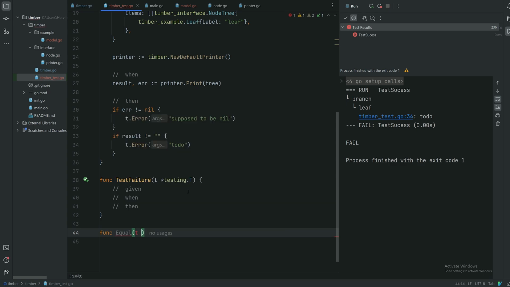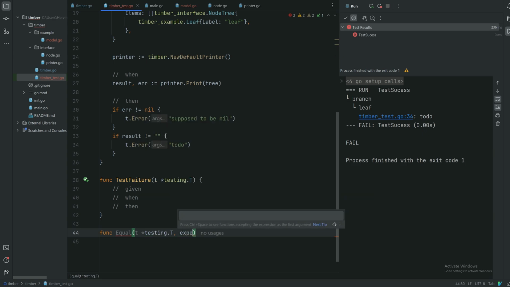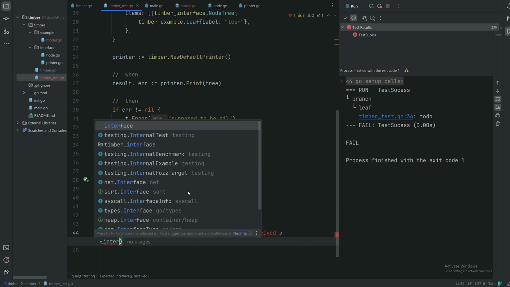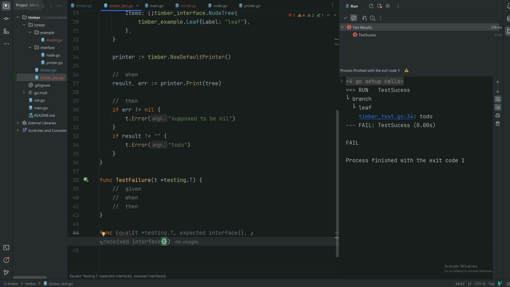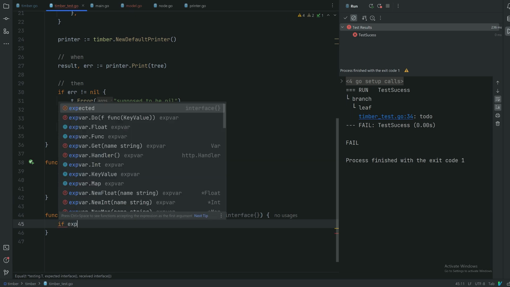Here it's a good idea, we will have a lot of those. If something is different from that, then the testing framework errors. So it's a good idea just to create a really quick function in your test there. We will just call it equal, and then you have to send your testing.t, which